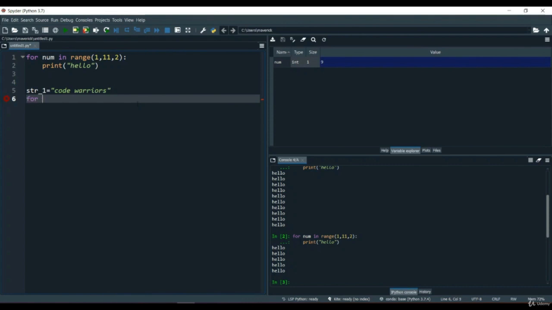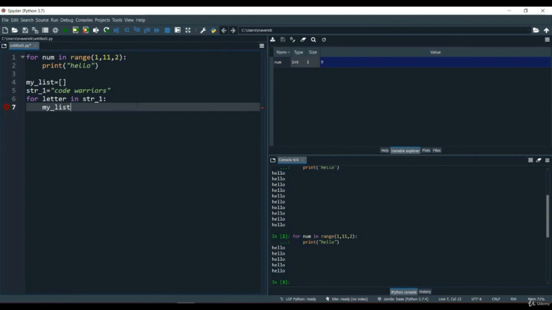We say for letter in str1, then let's create a list also, my list, and we will put it here: my list dot append